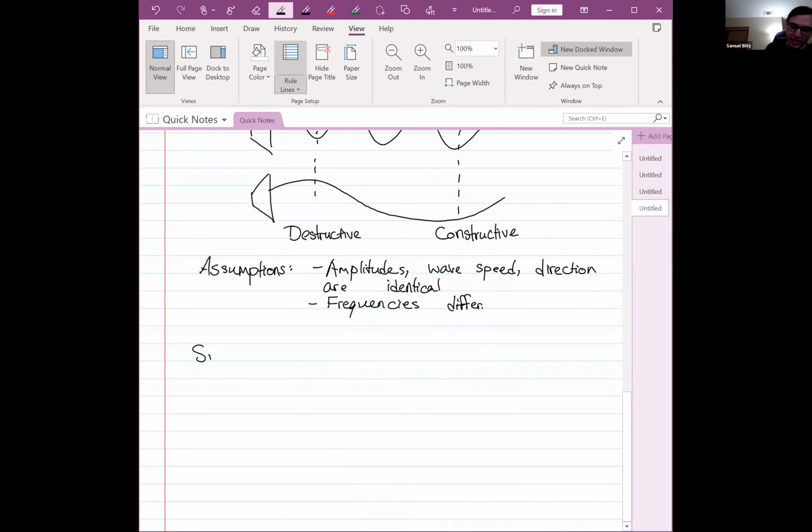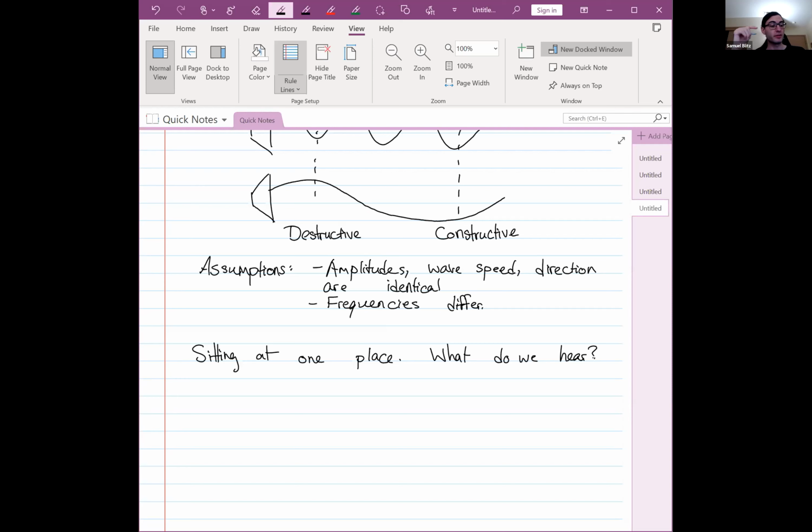Let's imagine that we are sitting at one place. What do we hear? Now, you may think that just like in the case of regular interference, what you hear is going to depend on the location, right? If you're sitting at a place with constructive interference, you'll hear a loud sound. If you're sitting at a place with destructive interference, you'll hear a quiet sound. So what will happen if you just sit at a single place? Well, you might say it depends. And in this case, of course, it does depend. It depends on whether you're hearing a loud sound now or a loud sound later. But